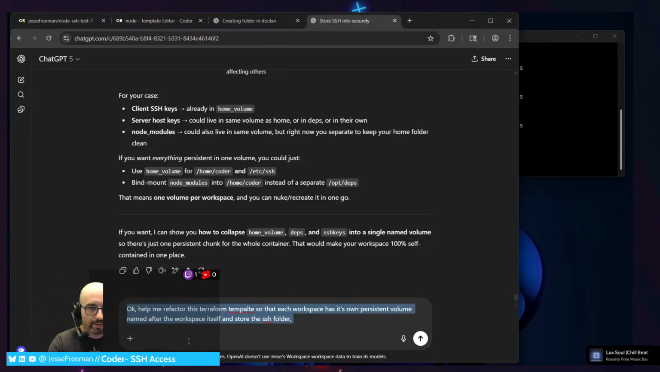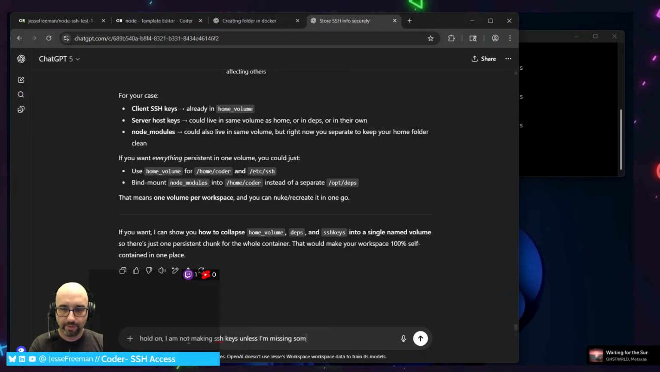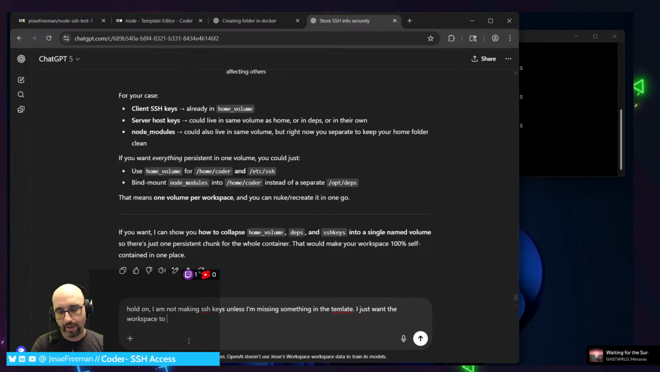Wait, there's a disconnect here. Hold on. I am not making SSH keys unless I'm missing something in the template. I just want the workspace to have the same fingerprint between restarts so I don't have to destroy